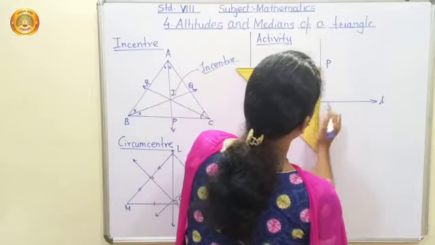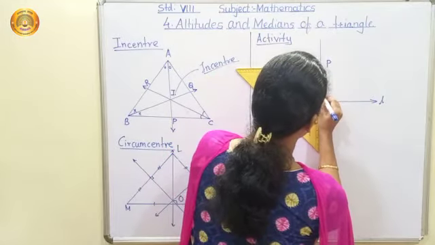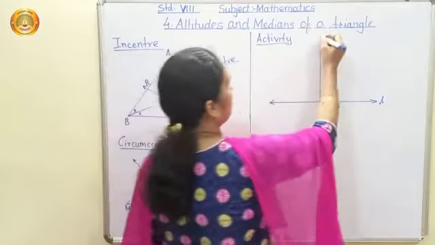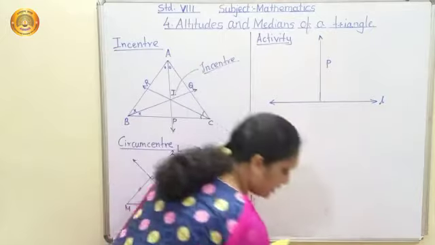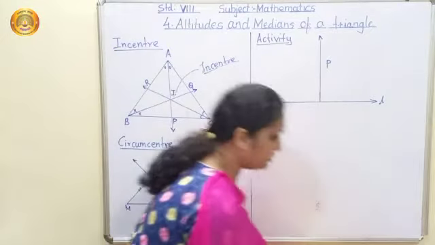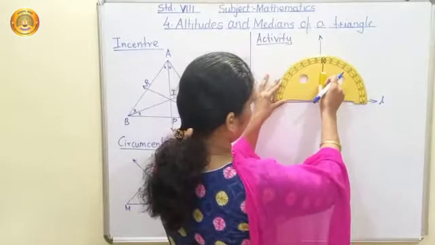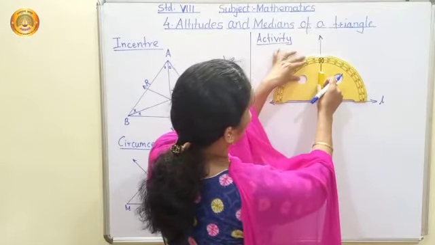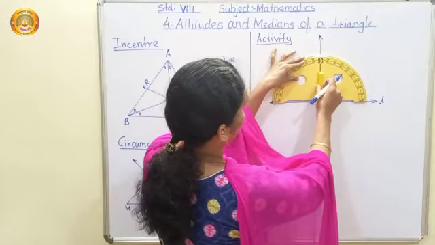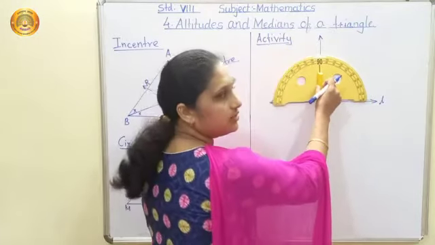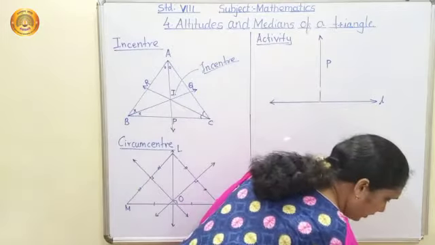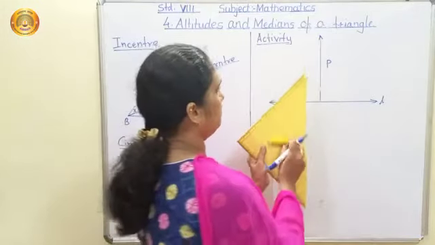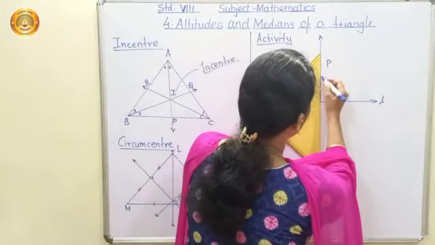So I'll draw and I'll join it. So it is perfectly coming perpendicular. If you want, you can check with the protractor. So this is the protractor I'm having here. See, if I keep the protractor for measuring, you can see a line passing exactly through the 90 degree. So this way you have to draw the perpendicular to the line L. Now I'll extend to the other side also.